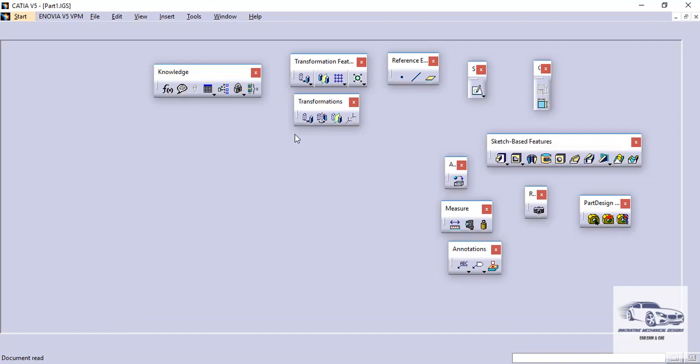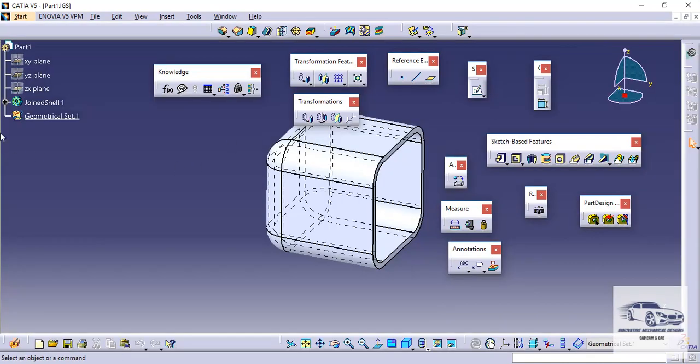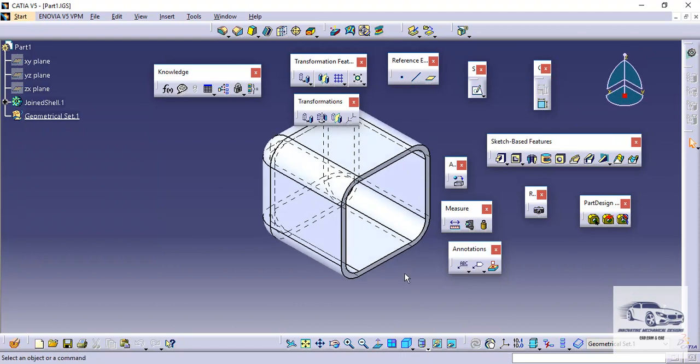So first I will open the imported part1.igs. This is an imported part and it has, by default, no part history. Here we can see that this part contains fillets which will ultimately be converted to bends, and this is a hollowed out part having a thickness, because for converting a part into a sheet metal part it has to have a thickness.